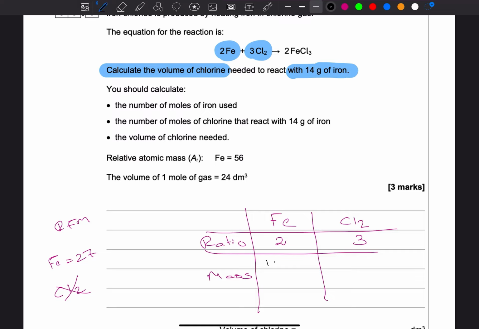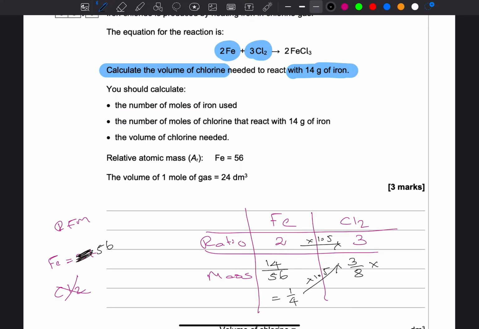14 grams, okay, it's in grams, that's good. 14 divided by Fe. Fe is, why did I say Fe is 27? Fe is 56, sorry, my bad. Fe is 56, there you go, 14 over 56, which is 1 over 4. To go from 2 to 3, what do you do? Times it by 1.5, same thing, times it by 1.5, 3 over 8,